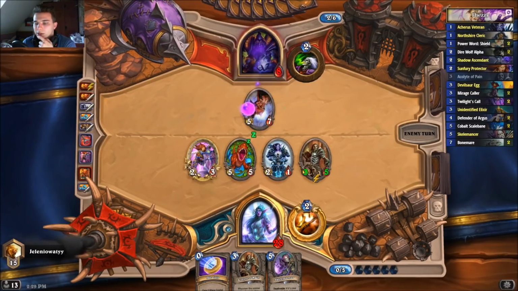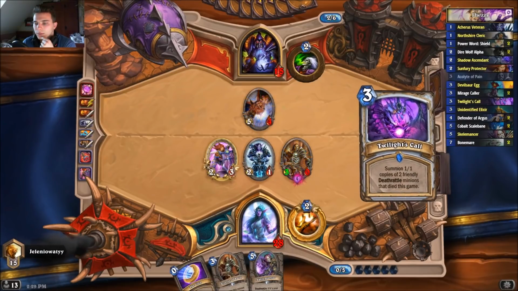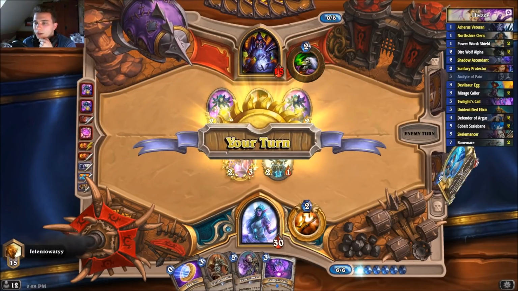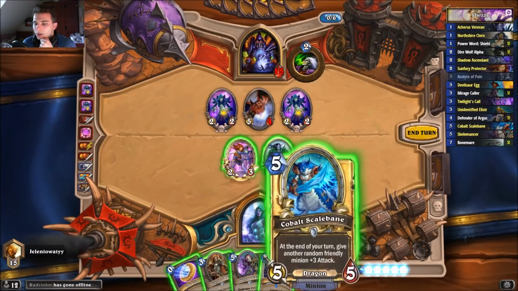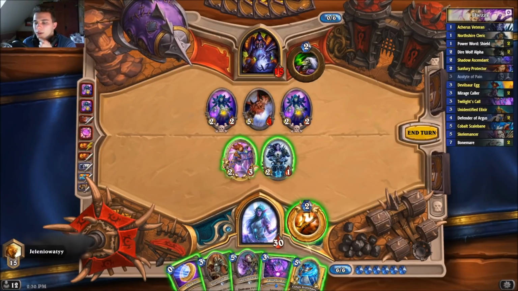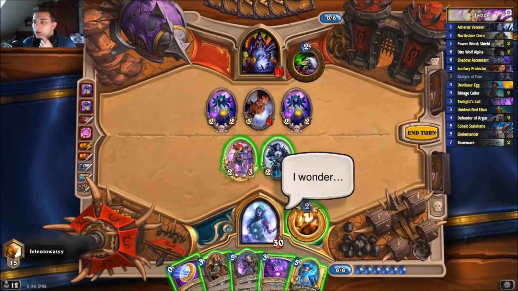Oh, okay. So we killed 1 Devilosaur Egg. Oh no, you've got double Mistress. This is terrible. And because I'm afraid of the Carnivorous Cube, we should maybe even trade into the Doomguard. And this is a big problem. So even if I will play like Acolyte and Twilight's Call...